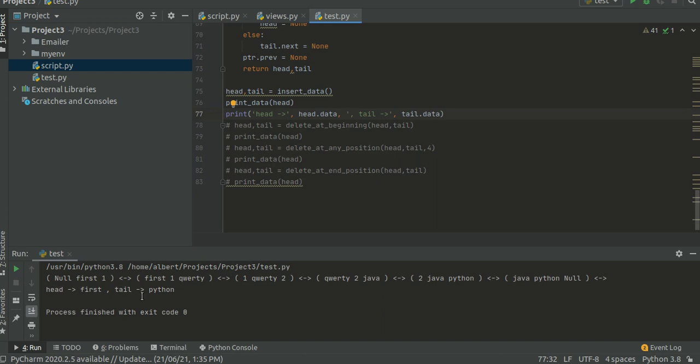Head is pointing to first and tail is pointing to Python. Okay, that's what the thing is.